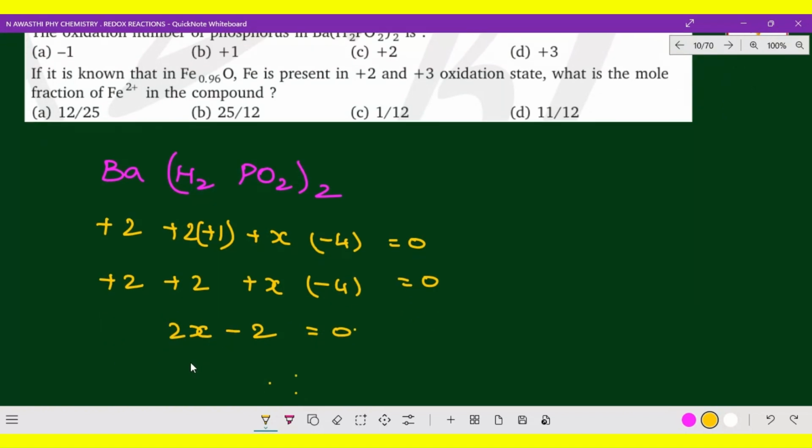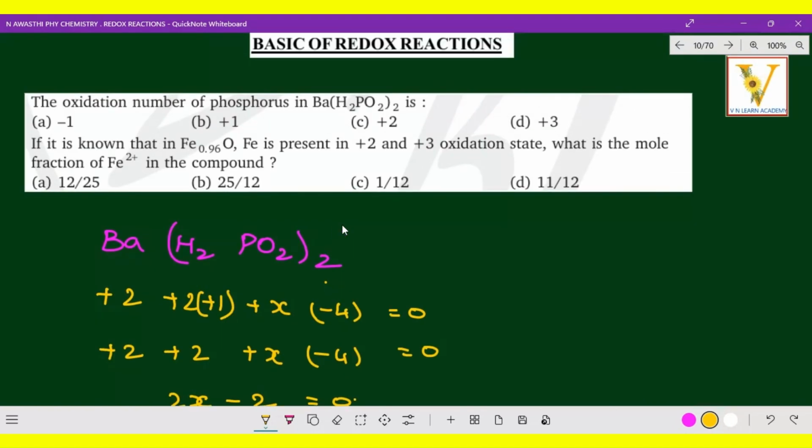So that means x equal to +1 oxidation state. So x equal to +1 oxidation state. Which is the correct option? Option B is the correct option, +1 oxidation state. Right, now the next one, here they have given, if it is known that iron at a 0.96 oxygen and